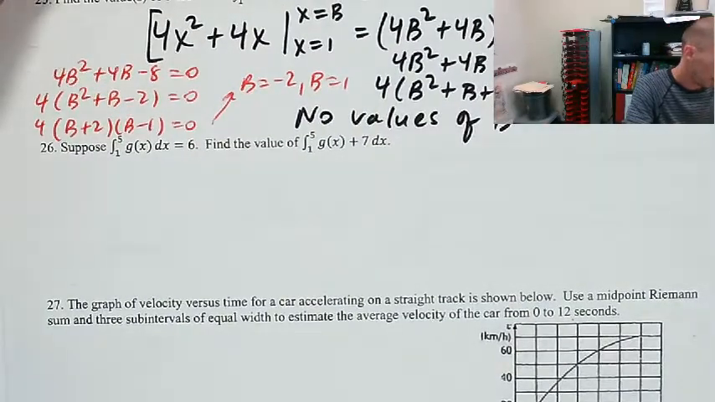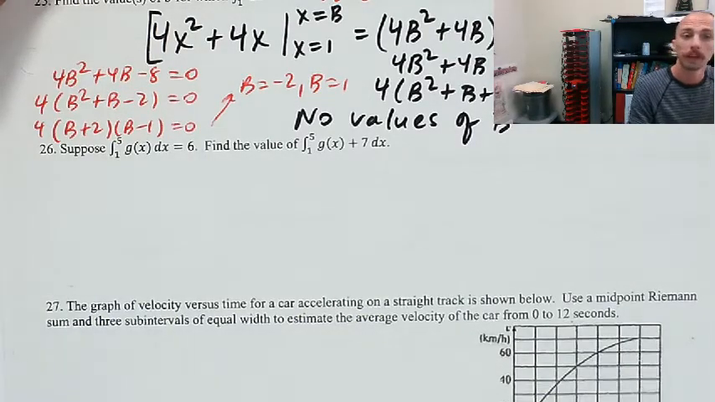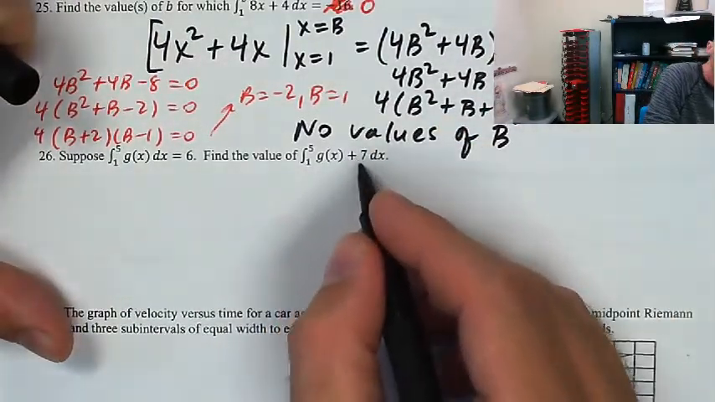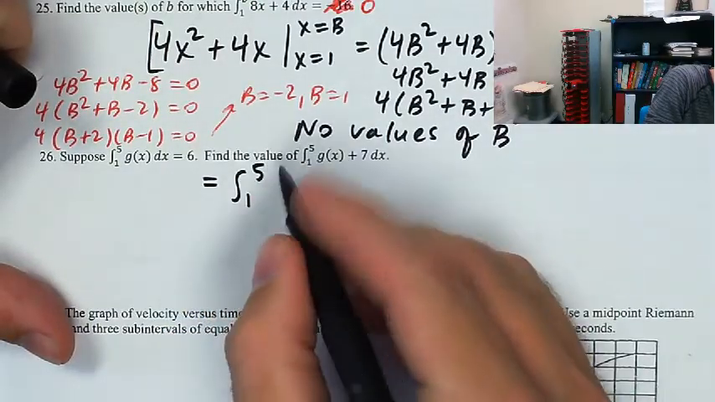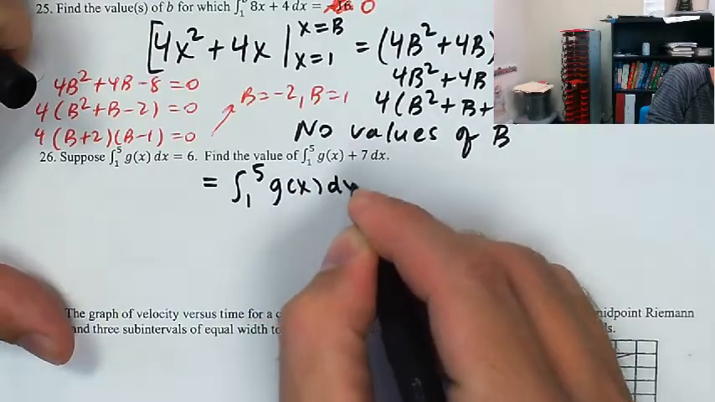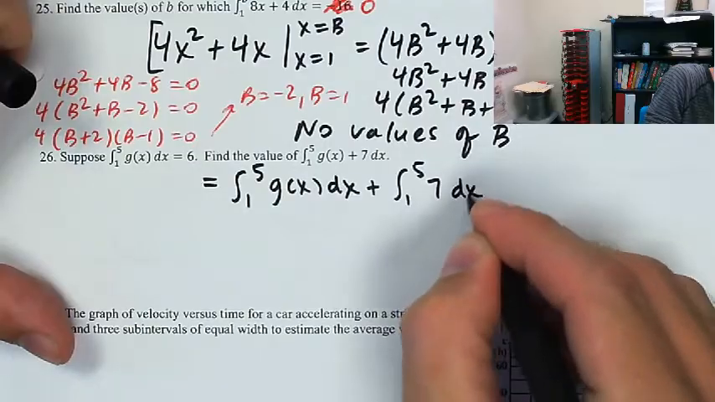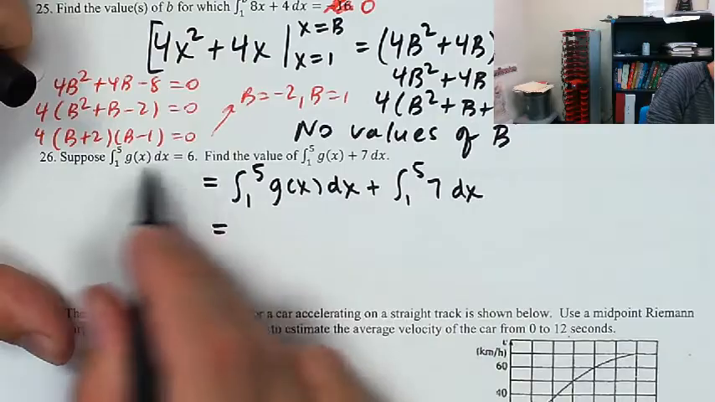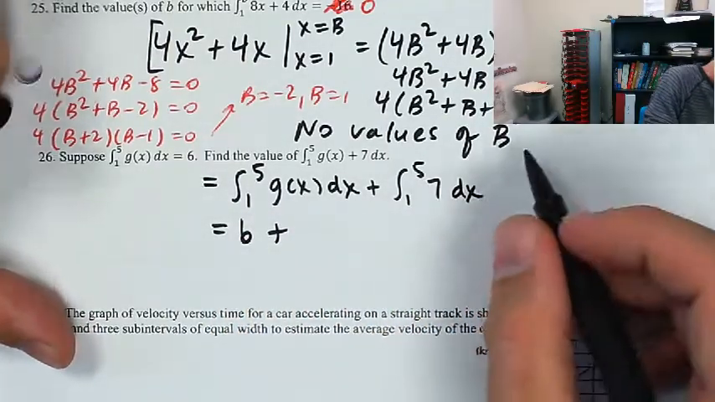Okay, so suppose the integral from 1 to 5 of g of x dx equals 6. Find the value of the integral of g of x plus 7 on the same interval. What I'm going to do is split this out over its addition, which is a property we have: the integral from 1 to 5 of g of x plus the integral from 1 to 5 of 7 dx. I've already got this, that's equal to 6. That's what they told me in the statement of the question. Plus this one,